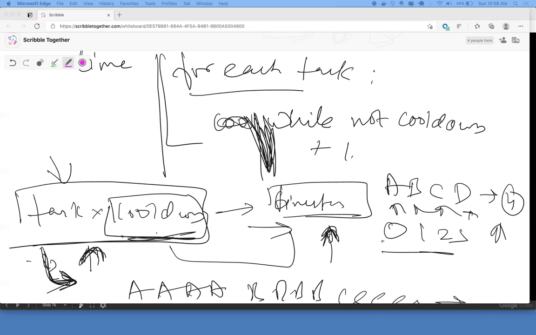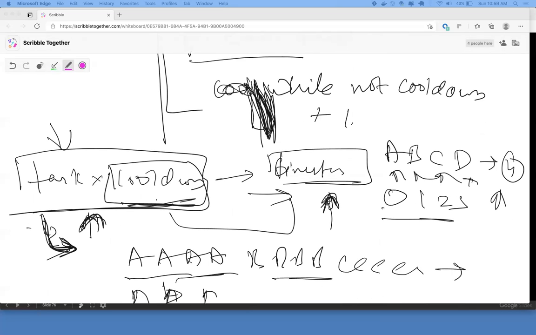So instead of your hash map keeping track of the cooldown, when it initially started, you keep track of when it's next supposed to be run. So rather than having that, we can have just a counter. Basically, instead of cooling down for, let's say, 3 seconds and waiting for 3 seconds and then updating your hash map, you're jumping. You know that cooldown has to happen for this many seconds. Instead of running your while loop for cooldown seconds, you increment your counter by those many seconds, and you directly change your hash map.